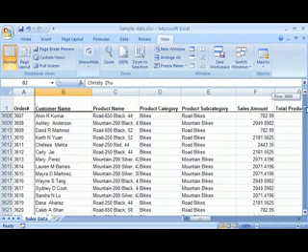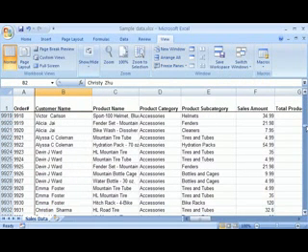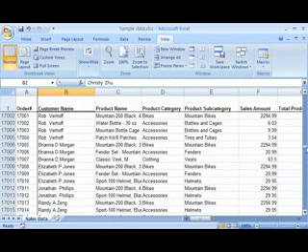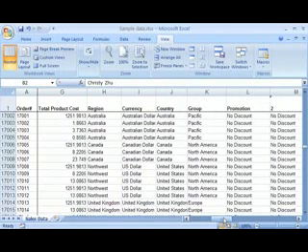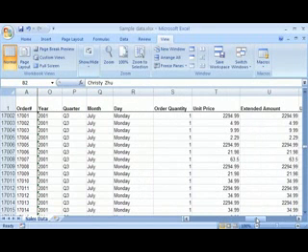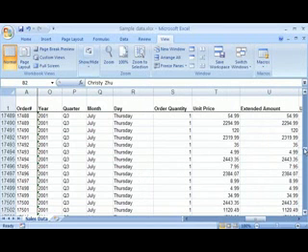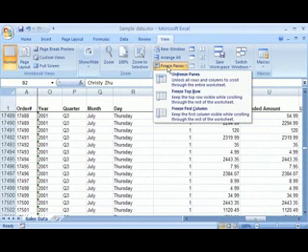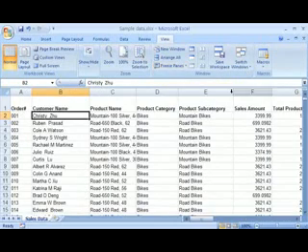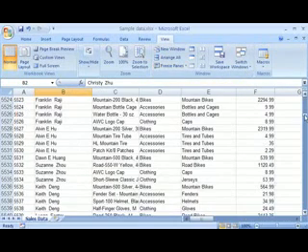When I scroll down, all of the data in the top row remains frozen, and the data in the first column scrolls. When I scroll right, all of the data in the first column remains frozen, and the data in the top row scrolls. But no matter where I am in the worksheet, I can see the top row and the first column. Freezing and unfreezing panes changes how I can view the data without affecting the data itself. I can click Unfreeze Panes if I want the top row and first column to scroll again with the rest